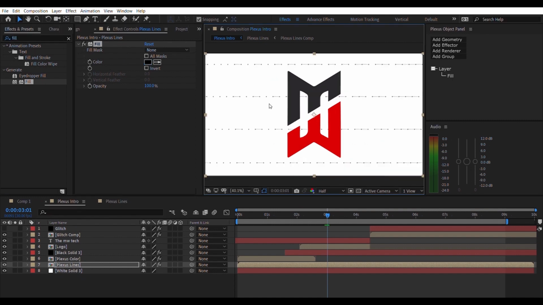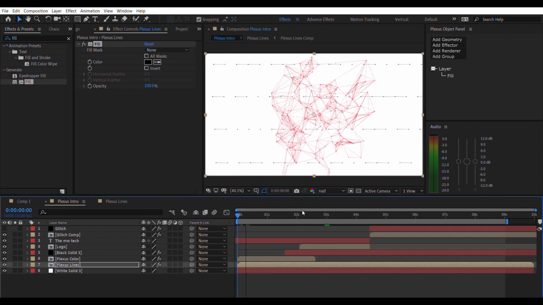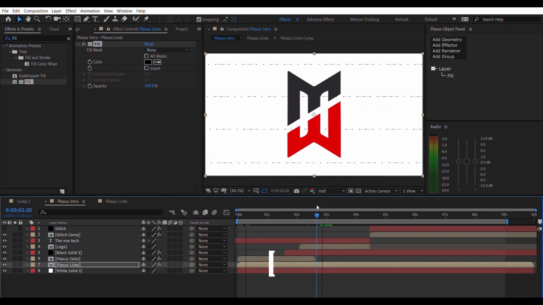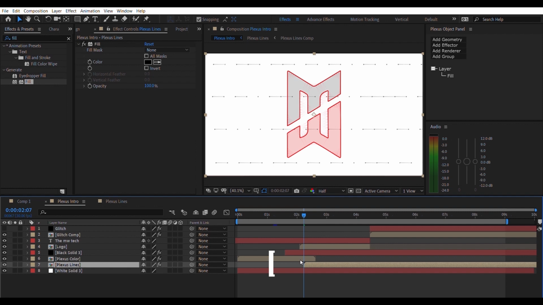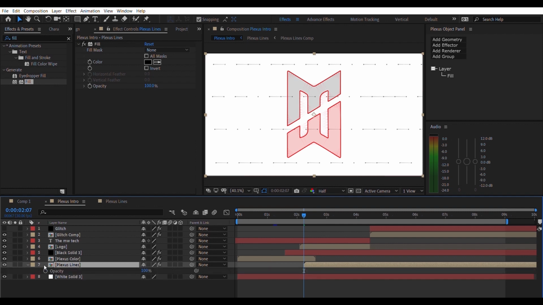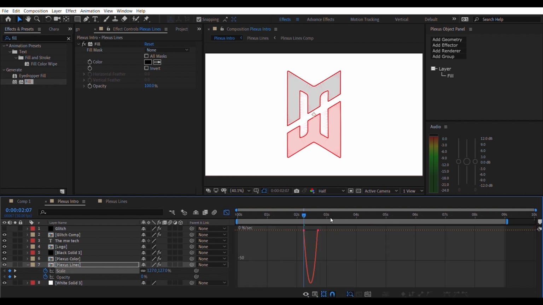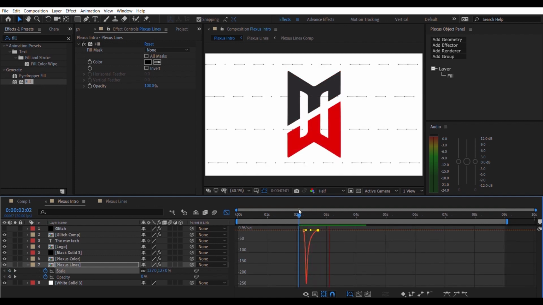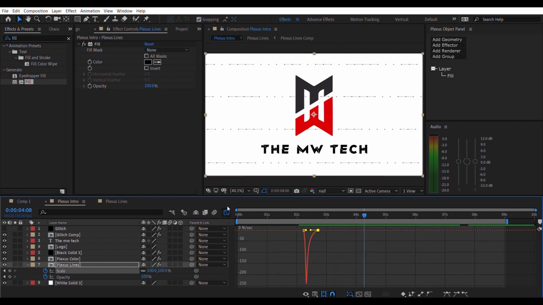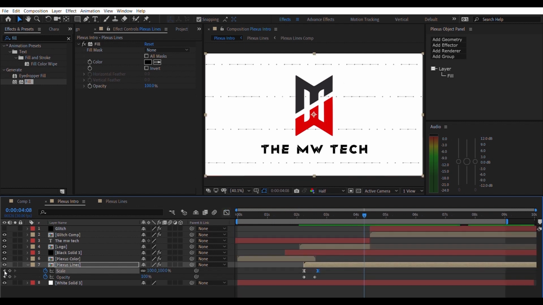And now I want the lines effect only once the stroke comes in. So I'm gonna hit the open square bracket button to bring it up to this point, and then I'm gonna set some keyframes to opacity so that it fades in, and also a keyframe to scale so that it looks like it shrinks. And then I'm gonna change the graph to something that looks like this, to ease them in. And once you're done with that, I think our animation is complete.